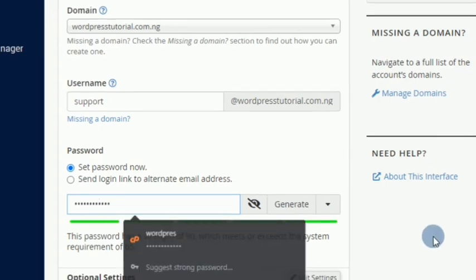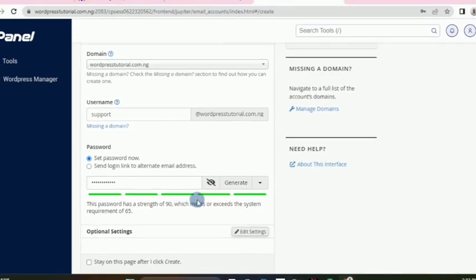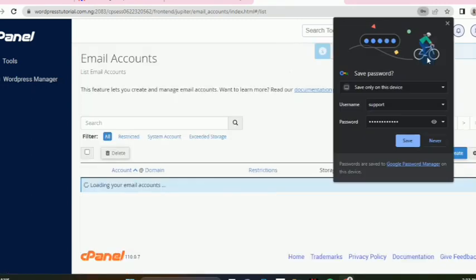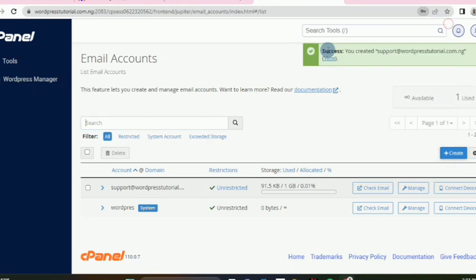So I'm going to put this as my password, and you can see it says it's strong. So I will click on create. I'm creating support at WordPress. It's creating the account here. You can see now that it is created. Success. You created support at